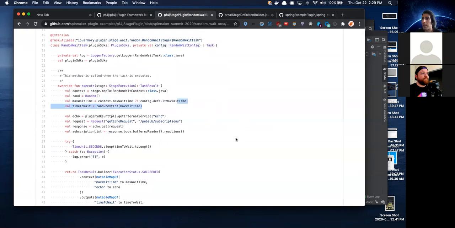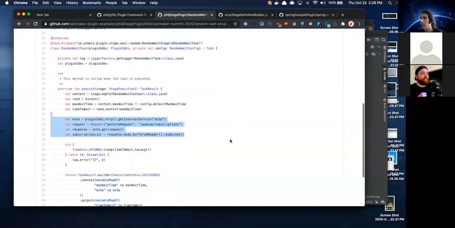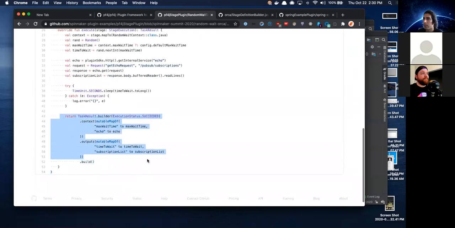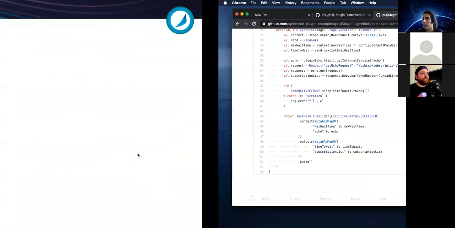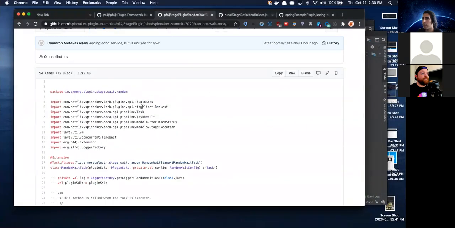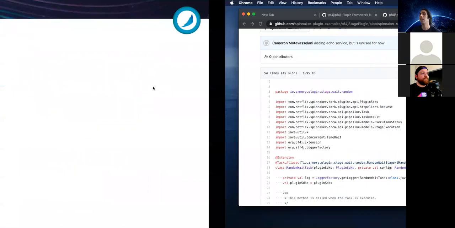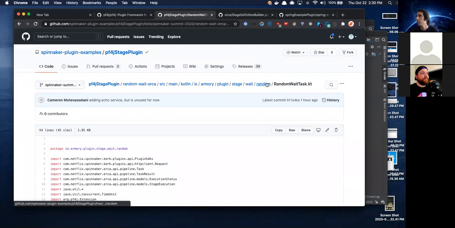Great, and then come up with a time to wait. Down here, we actually do the waiting. But this is kind of a fun little extension I added this time. We are going to be getting the Echo client and then making a call to Echo and then returning some of that information here. Cool. So that's quite a bit more detail than I think I was planning on covering at first. But let's get into